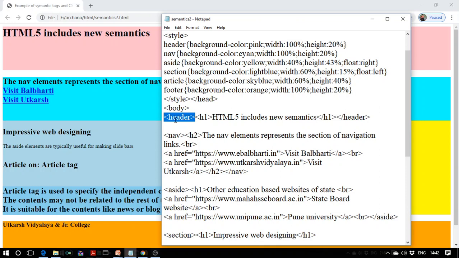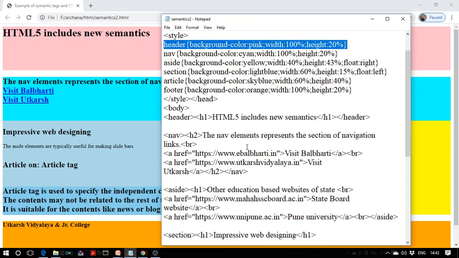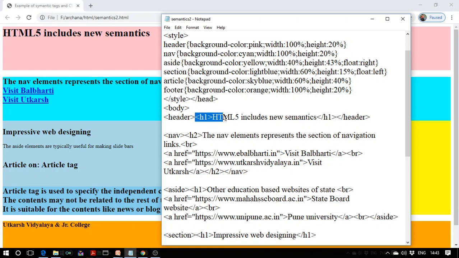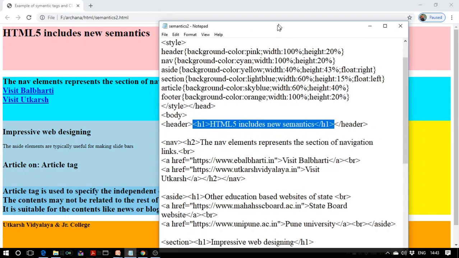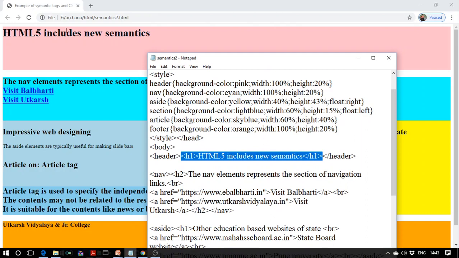This tag header is going to refer to its related properties mentioned in the header selector. In the header tag, we have H1, HTML5 includes new semantics. So how is it looking? See here, with the background color pink, with the width as 100% and with the height as 20%.